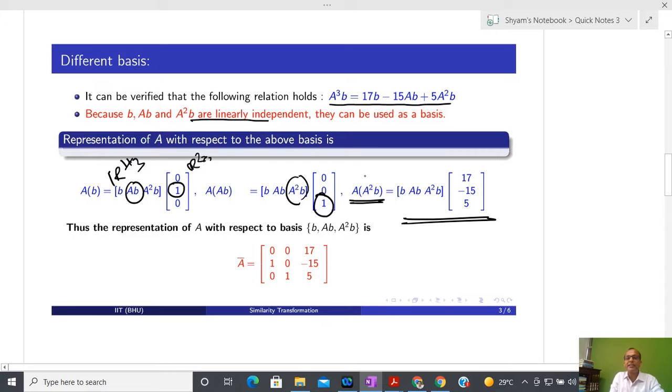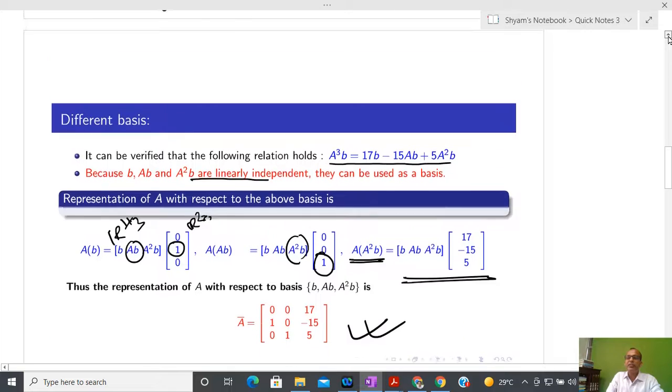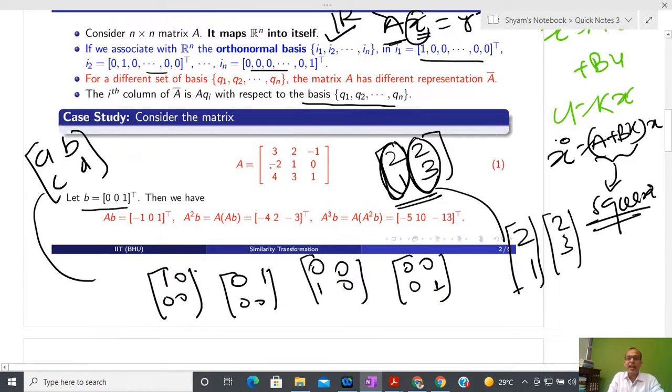Okay, all are bases, so I can say that with respect to that basis I have another representation of the same matrix, A bar, that is given like this. Does anyone have confusion? I am telling this with respect to a standard basis, and how we have generated a standard basis: I am taking I1, I2, In. I1 I have defined like this, I2 like this, I3 like this. With respect to orthonormal, if you take any two of them, the dot product is always zero.